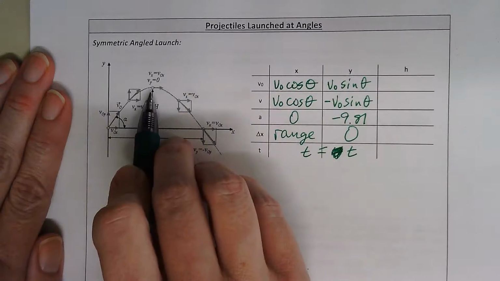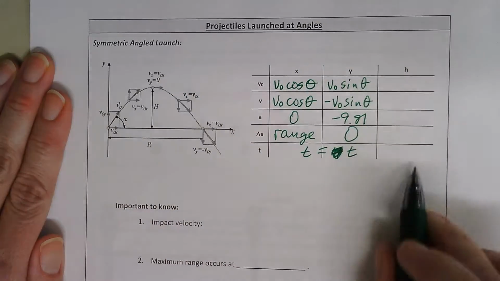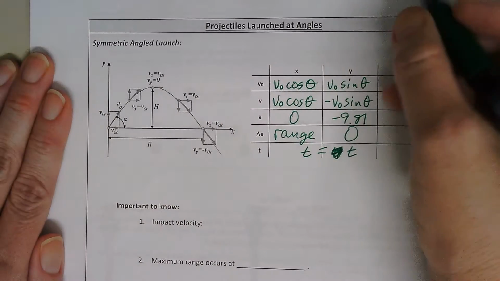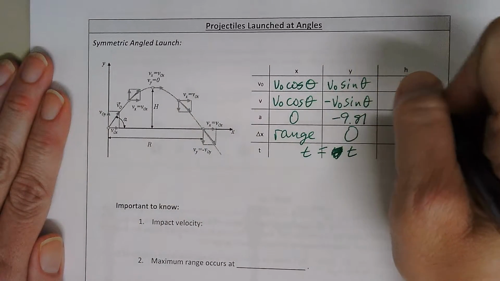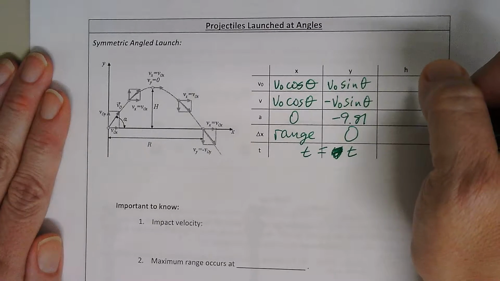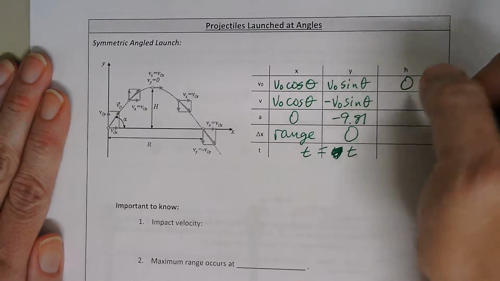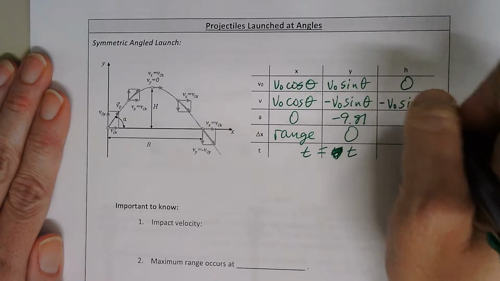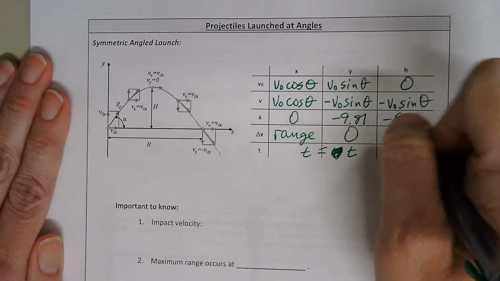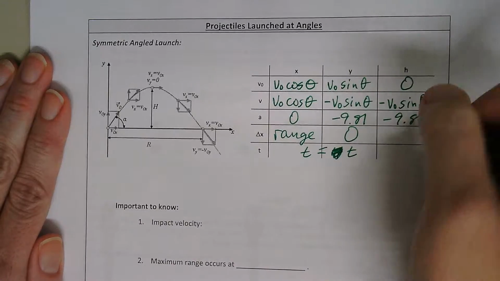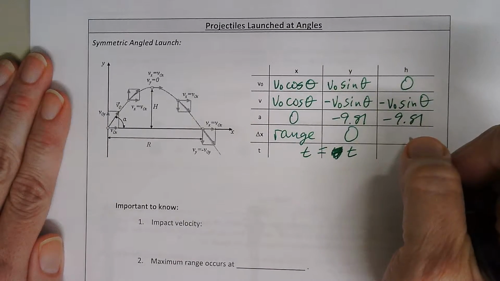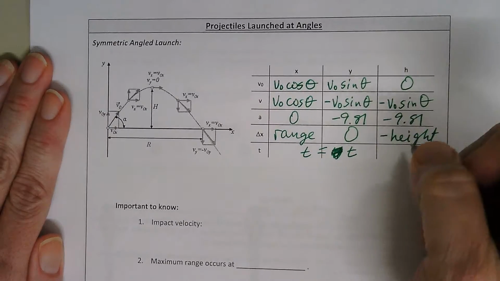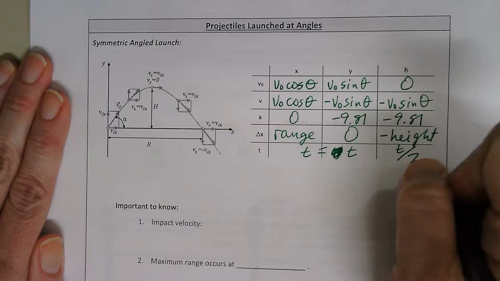From h till the end, that's what this last column is for: from h, the highest that it gets, to the end. Your v initial at that point is 0, and your v final is still negative v naught sine theta. Your a is still negative 9.81, but now your displacement is negative of the height, and this takes half of the time. Okay,